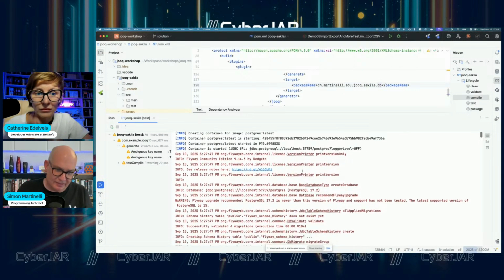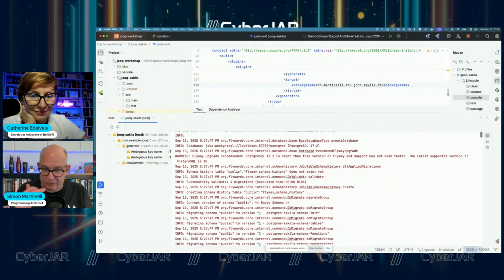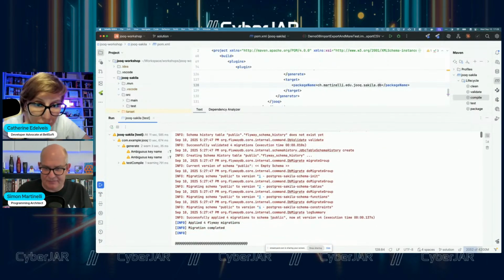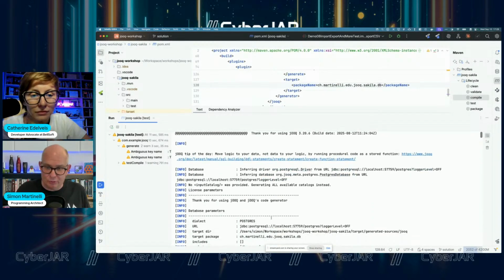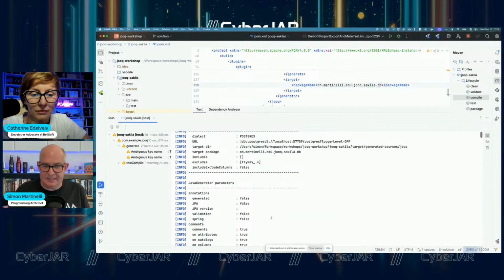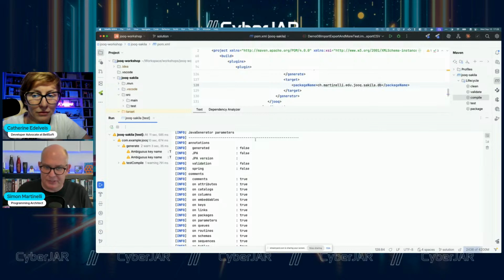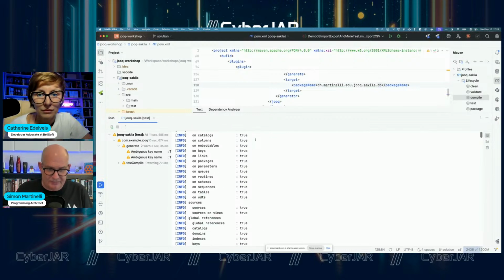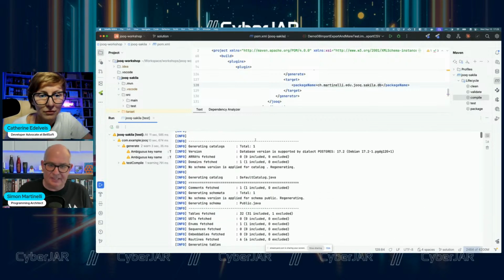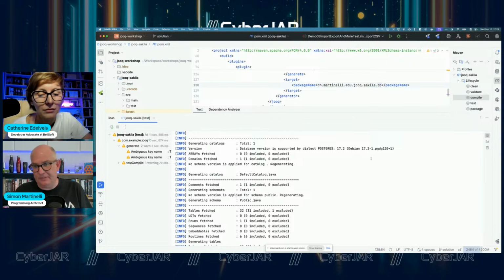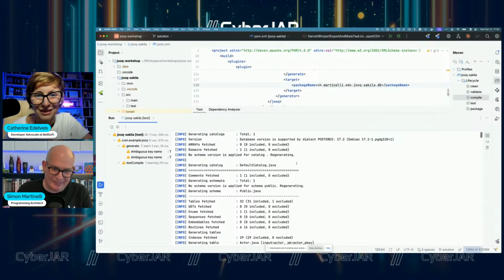And then the red printout here is from Flyway, because it applies the Flyway scripts. And then we have jOOQ, and jOOQ analyzes the database. First of all, it prints out which Java generator parameters we have set, and then it will detect the database. It will also print out the version, for example. So now we know what the latest version, in fact, is of the Postgres image. And then, for example, here it finds 32 database tables.